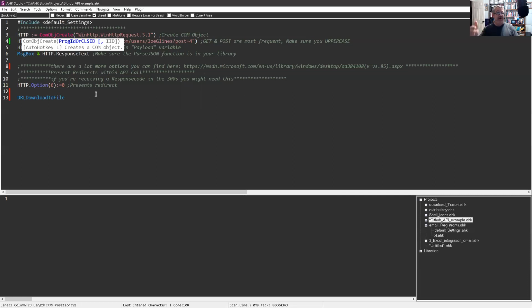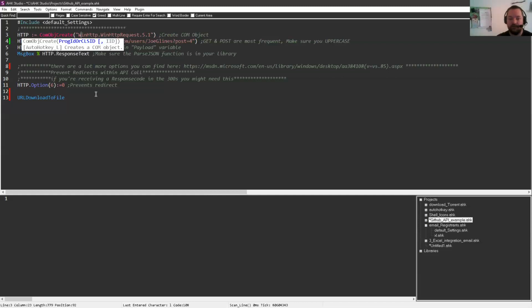And a browser, of course, is the API call also. So a browser automatically does this, but this COM object doesn't automatically do that for you. And so that is where line 11 prevents it, and then you take the response and use it, because usually they'll give you your next endpoint to go to. So it's one of those things, to Jackie's point, the URL download to file is cool because if it does solve your problem, it's very succinct and easy and fast, yet there's not a lot of flexibility with it.